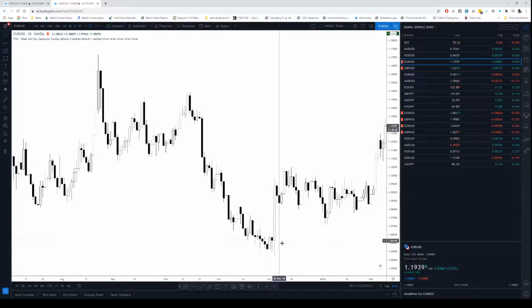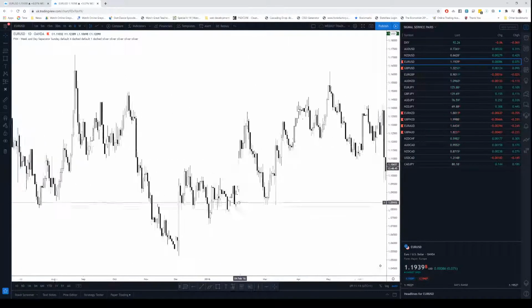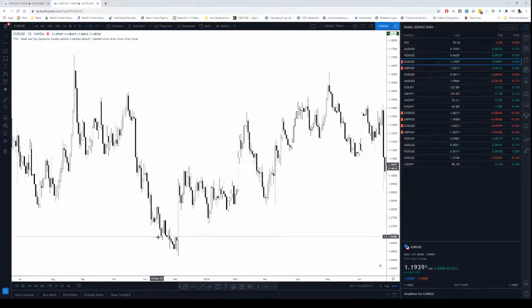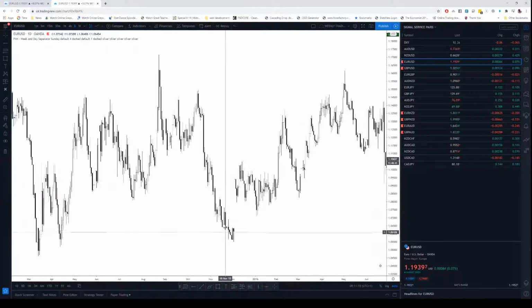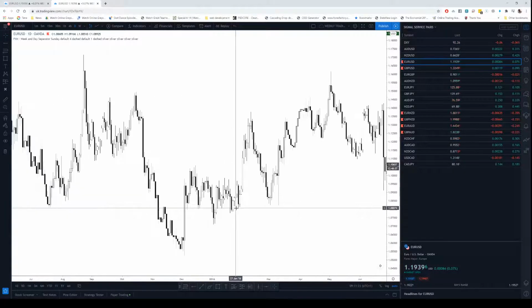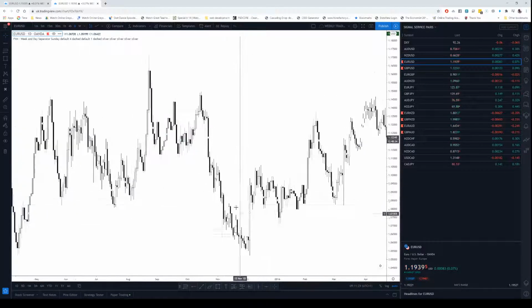It cleaned out all of that. And that's why I'm being cautious when I see this kind of move gradually grinding down into a higher time frame level. I am very cautious, okay, because it's happened to me before, where price was meant to expand down,